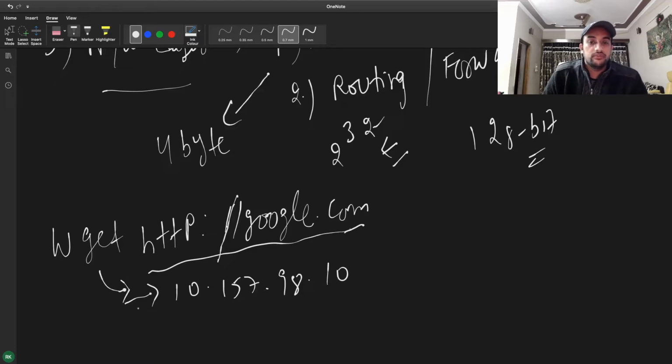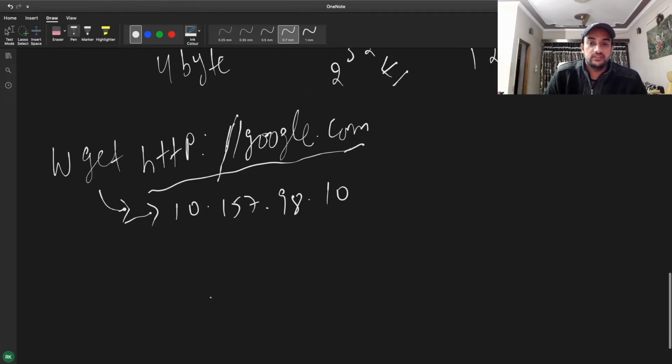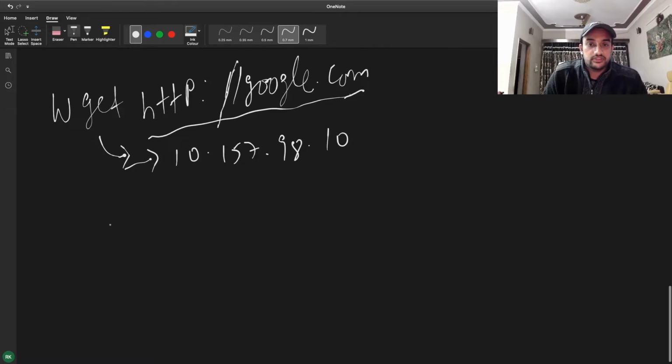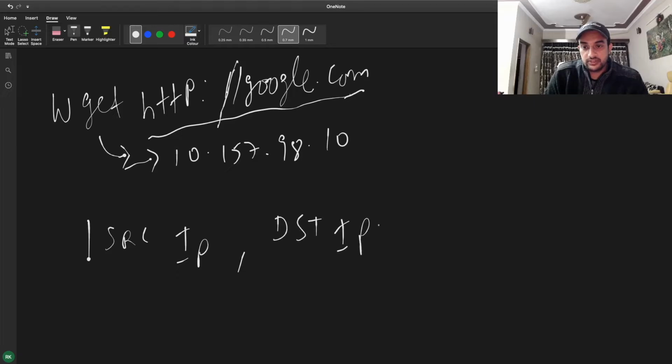So when we run this command, what is actually happening at layer three's role is, when it reaches your machine, it will have some field like source IP, and some field like destination IP, and there are other fields also. Let's skip those for now.